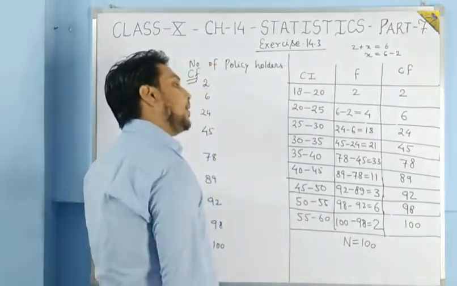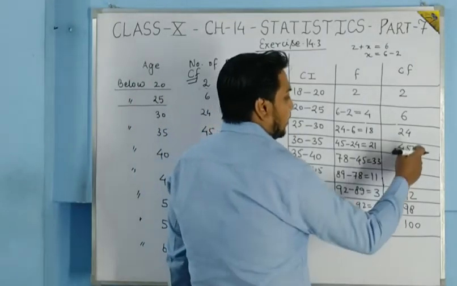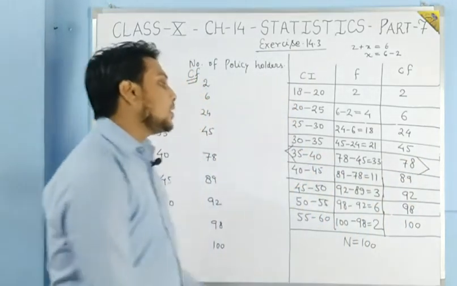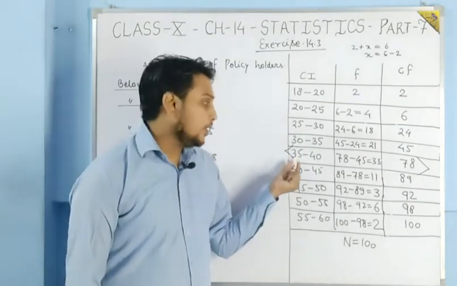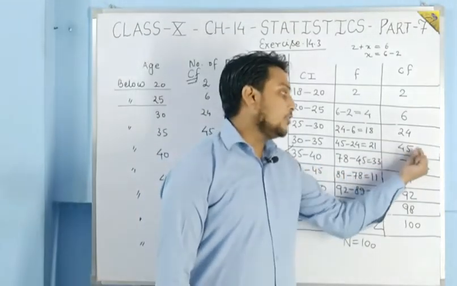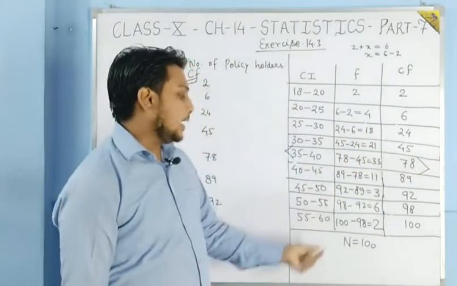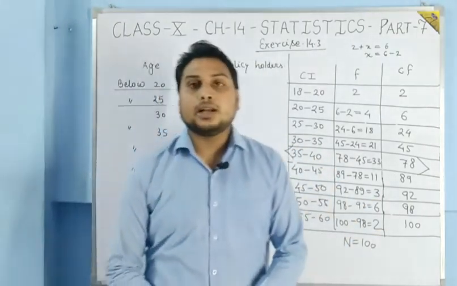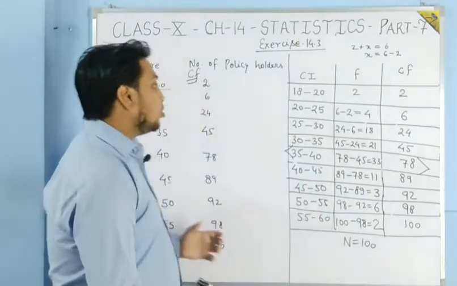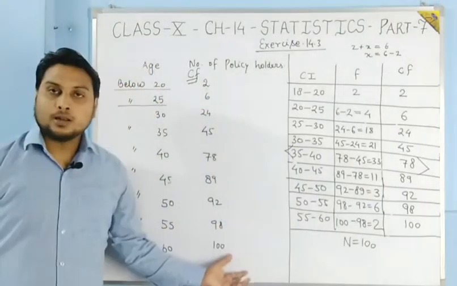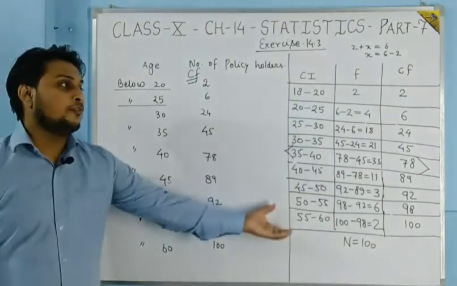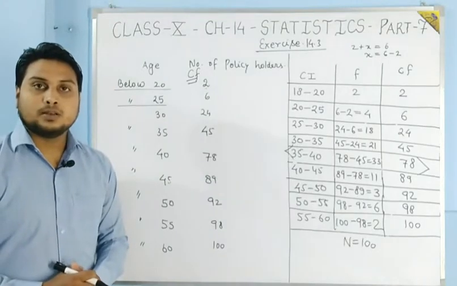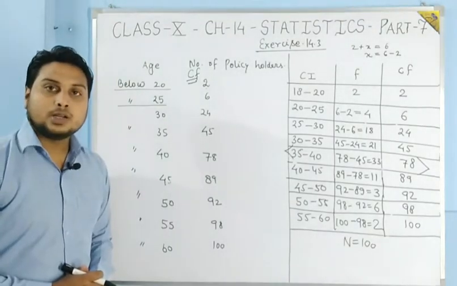So if we divide it by 2, then it will be 50, and just after the 50 the number is 78. So this class will be our median class. So L will be 35, f will be 33, CF will be 45, and n by 2 will be 50. So by applying all these values in the formula, we will get our result. Okay students, you should note down the table, how we'll find the values, and after noting it down, you can solve the question by yourself. Now students, just pause the video and note it down.